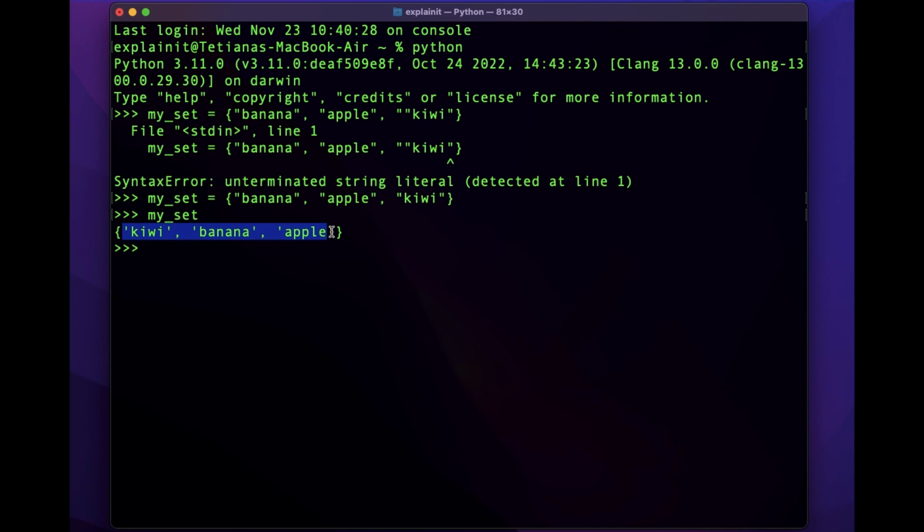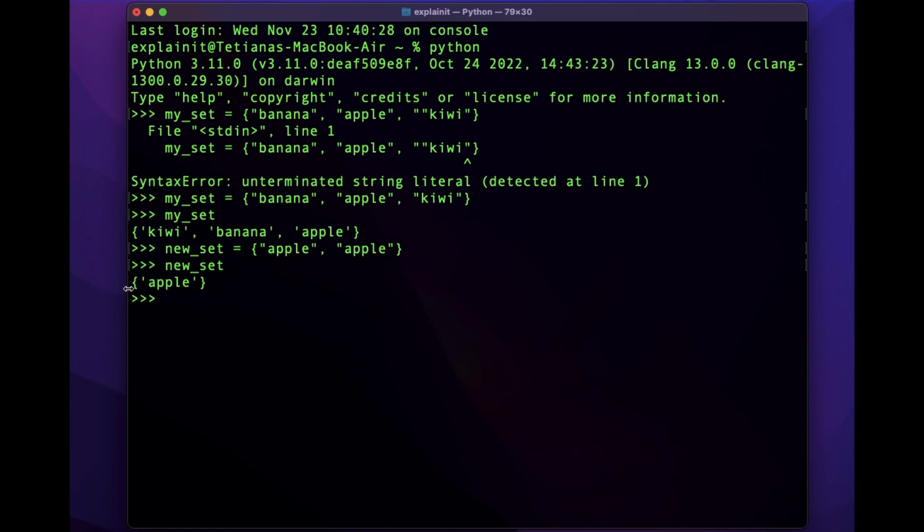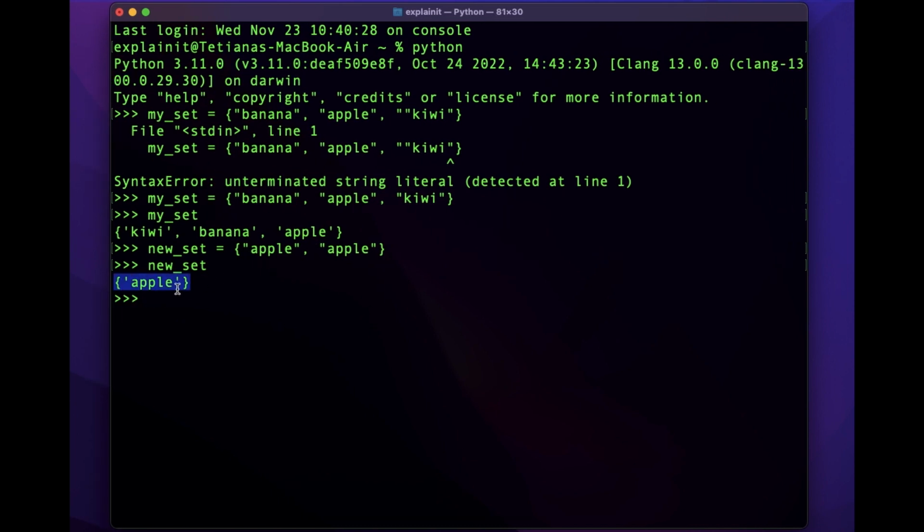So let me show it in an example. If I create a set with the 2 same items, I will not get an error, but in the result, I will create a set with just one item. The other will be just removed. So let's check. I will create a new set, and I will store the same value twice. So for example, apple, and then apple. And everything is fine, the set is created, but if I check our new set, you would see that we have not 2 values, but just one value, apple,